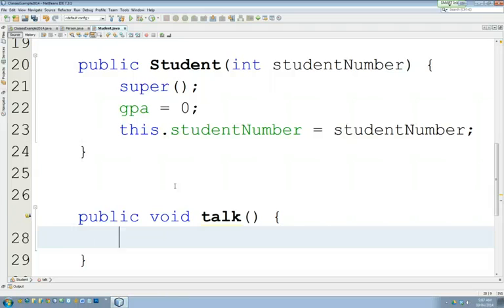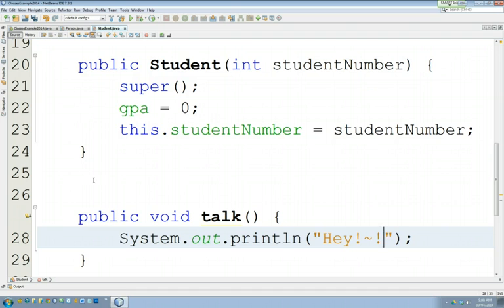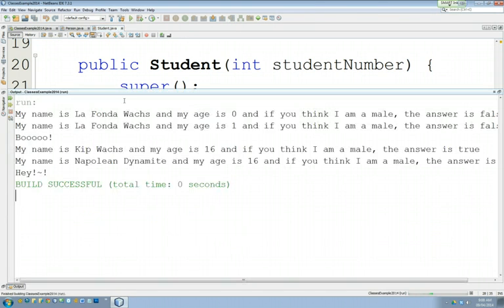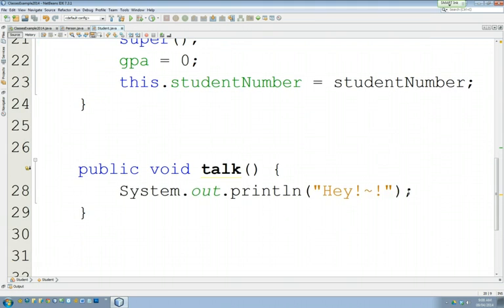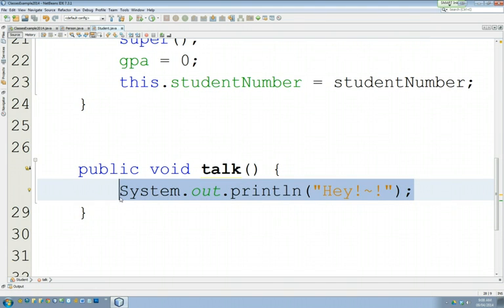This is called overriding, not overloading, but overriding, which means it overrides the other method called talk with this method. So instead of calling the one in the person class, it's going to call this one. So I could go, you know, hey, like that. And now when a student talks, if I run this code, they say that. It overrides the other version. Okay, now I don't want it to say that, but let's see. What would a student sound like when they talk? Well, depending on the class, they'd say lots of silly stuff. But let's have them say something like,